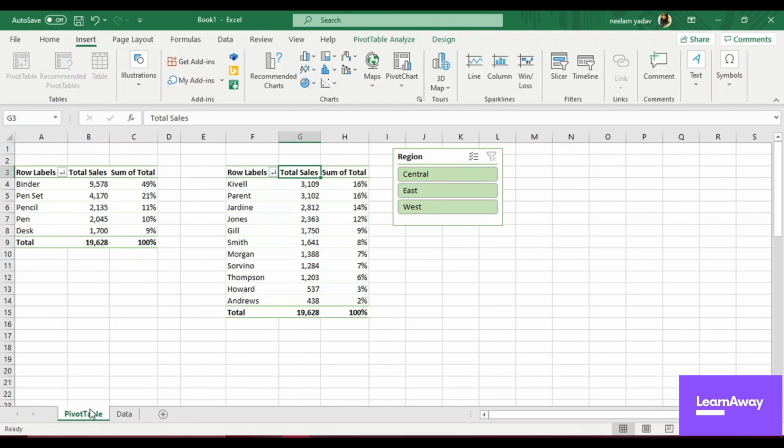Now if I go here and just click on any of the tables and click on refresh, so if item is added here, my name is added here, so you get a dynamic pivot table with the insights. Now if you have created charts with this, pie charts with this, and you want to update your data, you can create a pivot and it will make your life way easier.